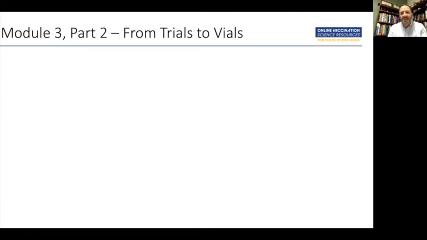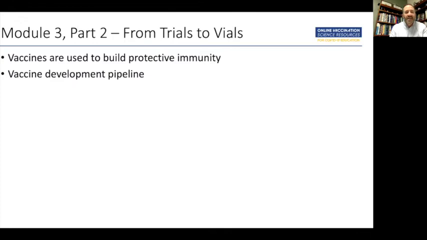Part 2 of this module is titled From Trials to Vials, and it is going to outline several different areas regarding vaccine development and testing. The first part will be a short review on how vaccines work to help build protective immunity. I'll be talking about the vaccine development pipeline